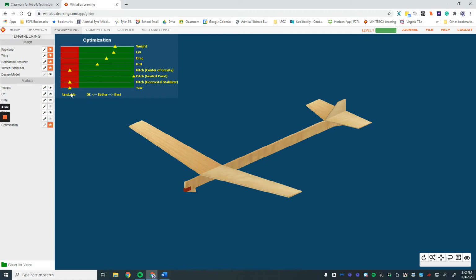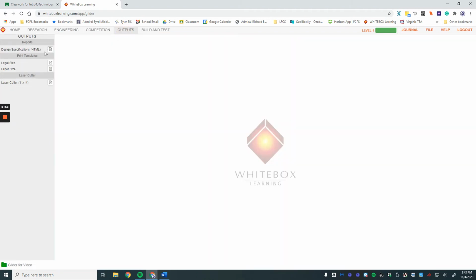If I'm in red, I'm going to nosedive, and it's going to be a terrible design. I want to get all these little sliders here up as far as I can to the right within our specifications. So like weight is the one that I won't be able to get clear up because I'll be out of spec or out of our required limits. So let me just show you that real quick. In outputs here, outputs, design specifications,